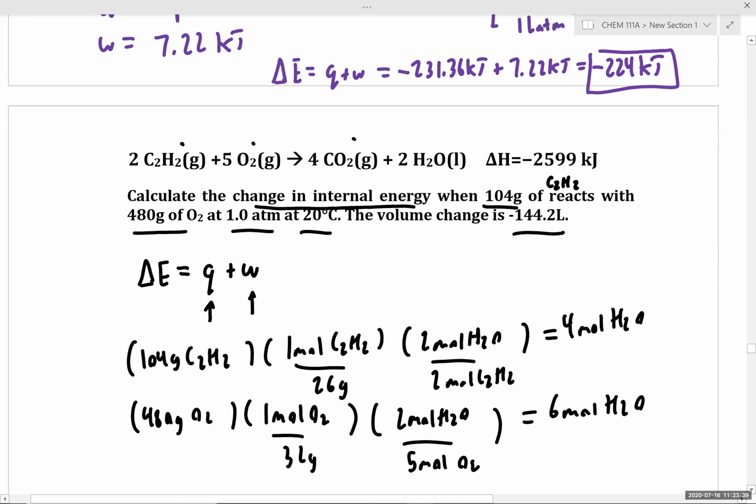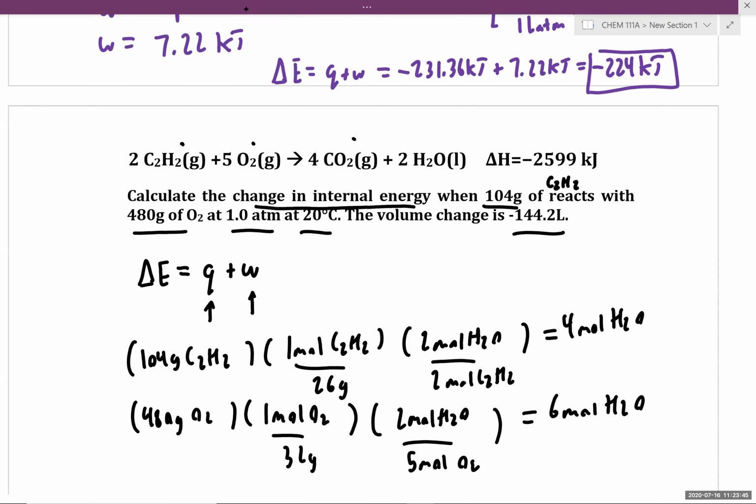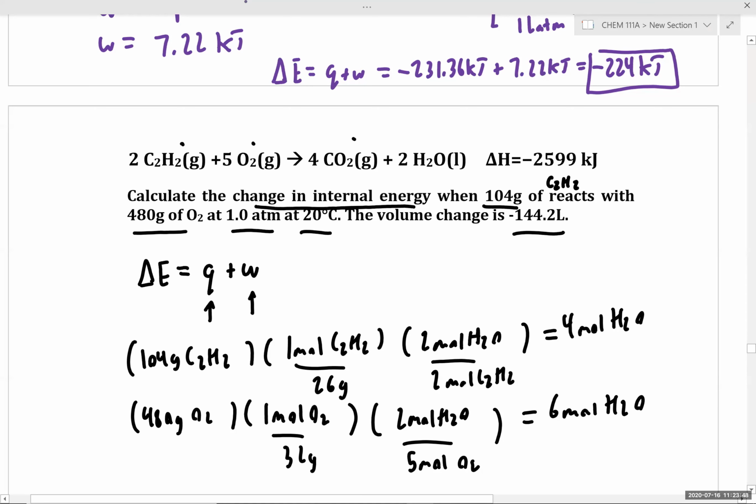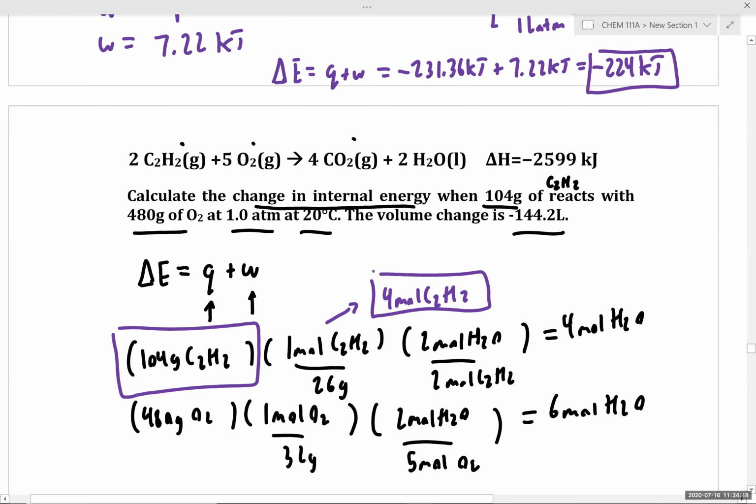So which reactant is limiting? Which reactant generates the least amount of product? Acetylene, exactly right. So acetylene is limiting, and we know that we have 4 moles of C2H2 if we punch out this first calculation. So now that we know the moles of acetylene,